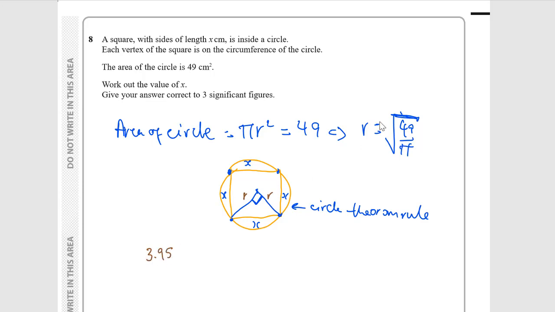So if we use the square root of 49 over pi, squared, plus 49 over pi, squared, equals x squared,